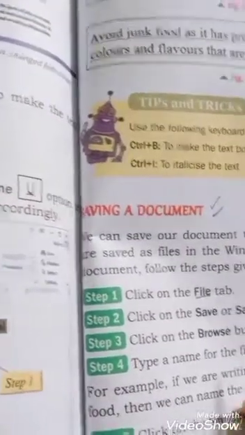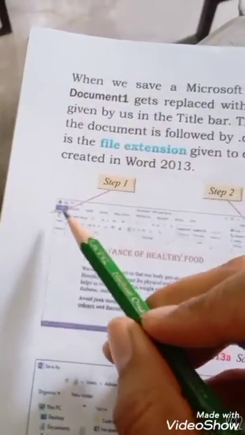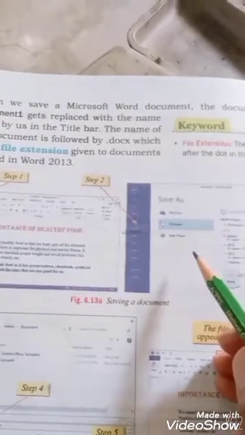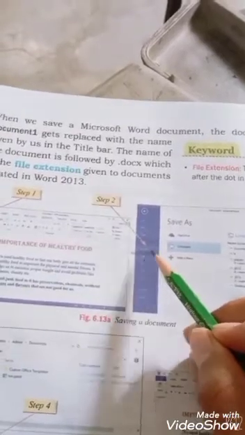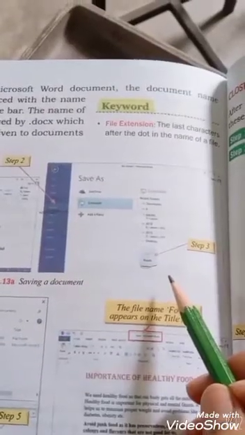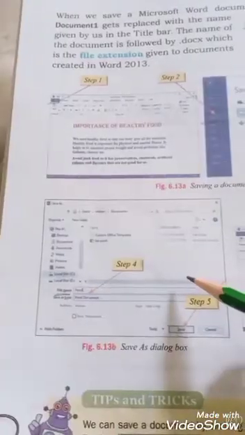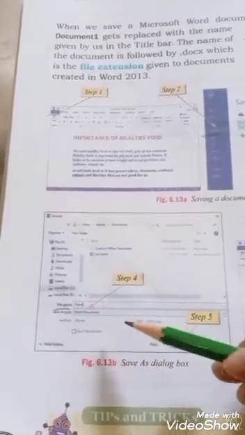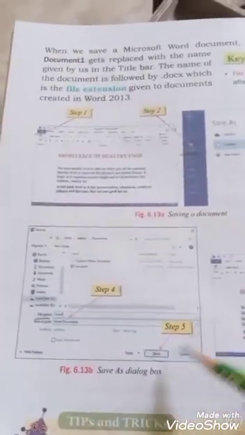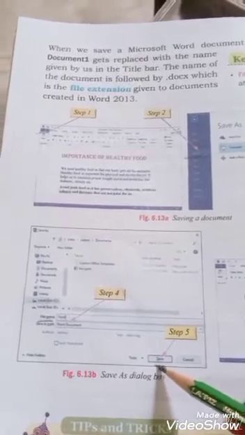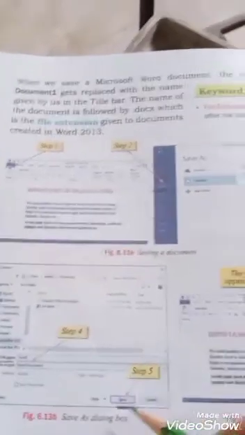And the next topic is about how we can save a document in MS Word. The first step is just go to the File option. If you go there, then a dialog box appears. You can see there's an option Save As. We just click it. In the third step, we have the Browse option and we have to select it. The fourth step is about the file name. We write a file name here. And the last step, step 5, just go to Save. You can see a Save option here, just click it and our document is saved in MS Word.